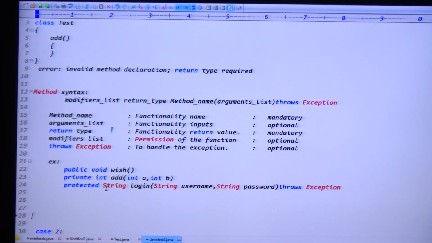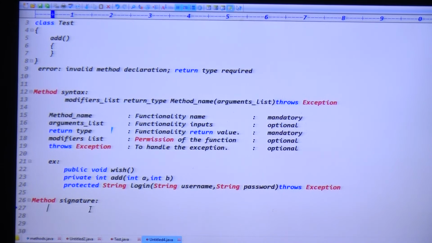In this complete method syntax, we will go for the method signature. The name is important, guys: signature. Not your signature, so method signature is important, right? When I use the words method signature, method name and arguments list, just this part is called method signature. Guys, tell me, what is method signature?